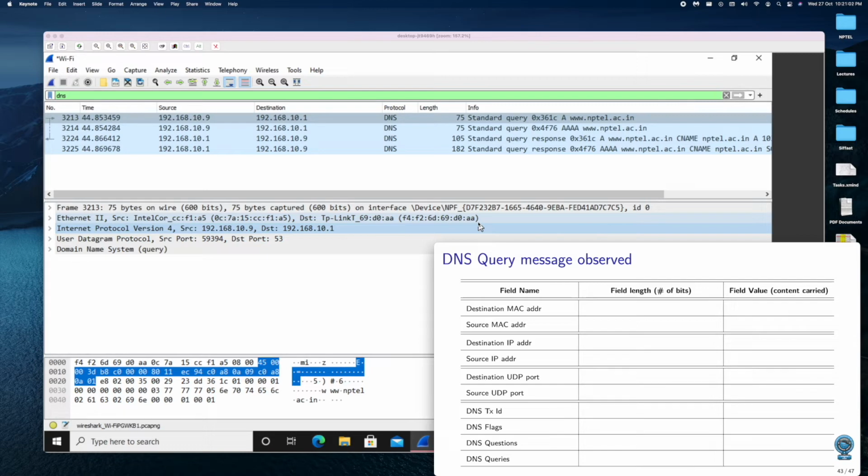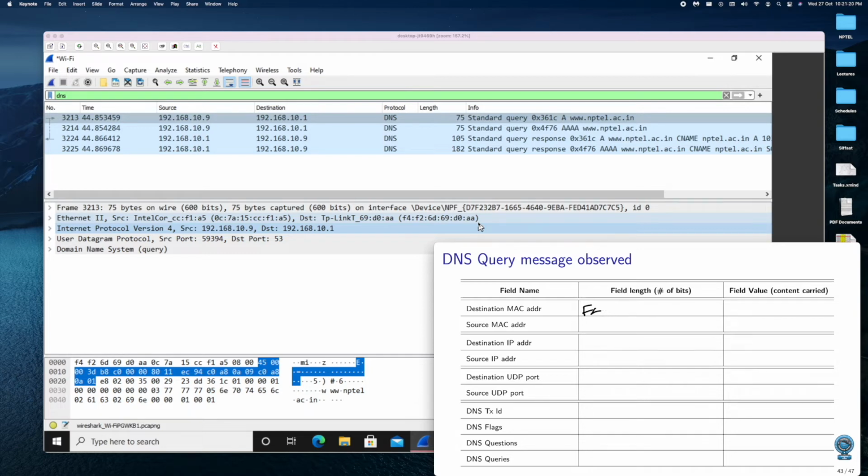destination MAC address. Sorry, first it should be the length, right?